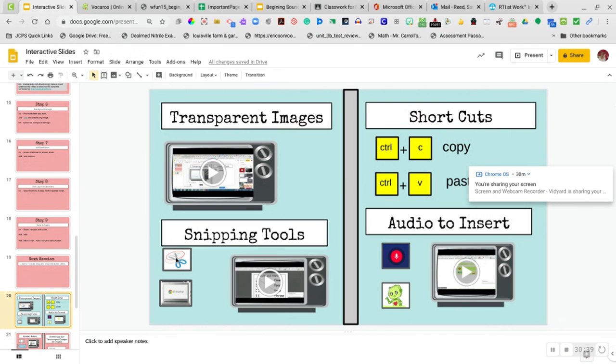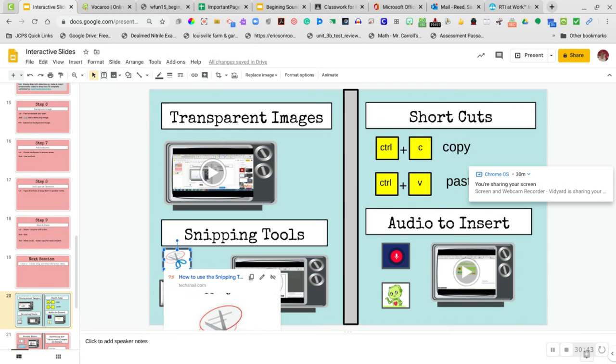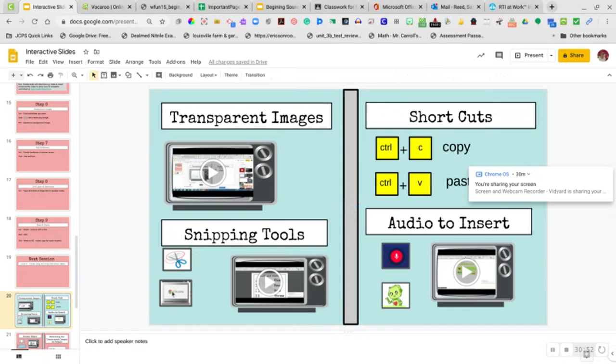There's snipping tools right here. If you're on an HP desktop, this is a snipping tool, and this is just a little how to use that snipping tool. And then the Chrome, how to find the snipping tool on the Chrome. And this is a little video explaining how, again, to snip an image, the step-by-step. Here's the shortcuts. Control C is copy and Control V is paste. Here's the little robot, and here's the little video that you can watch that